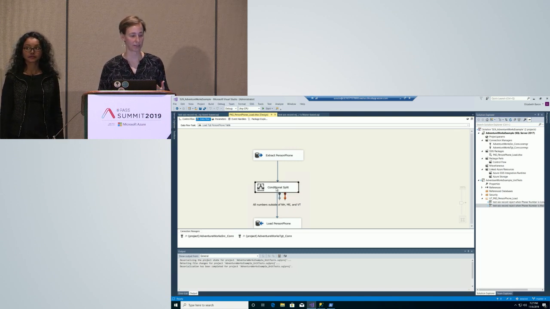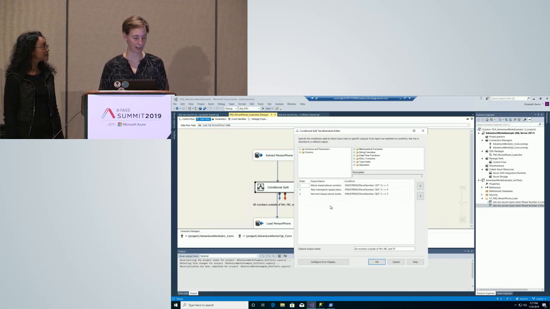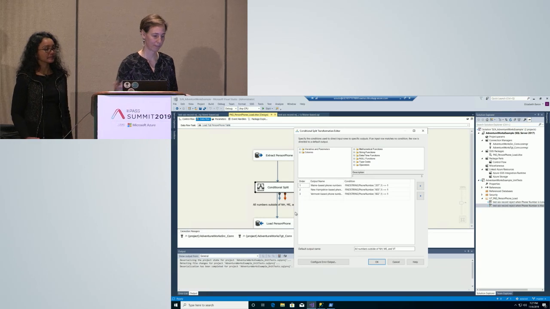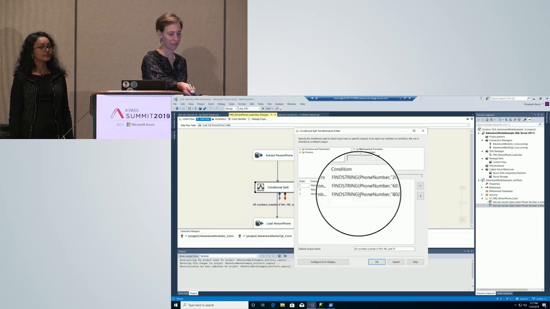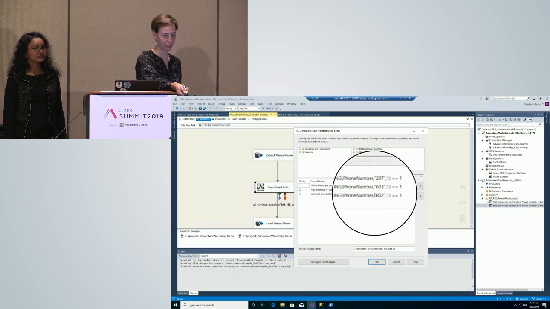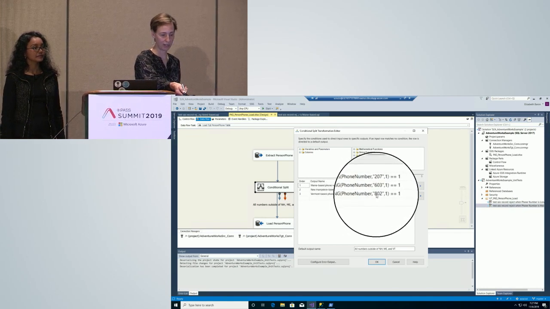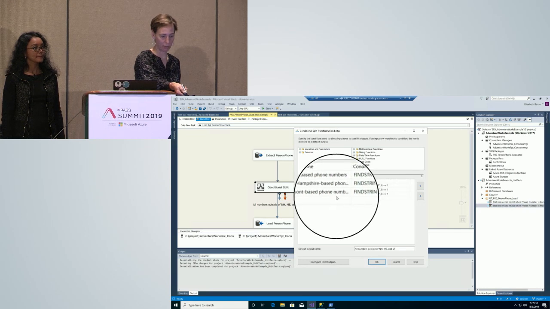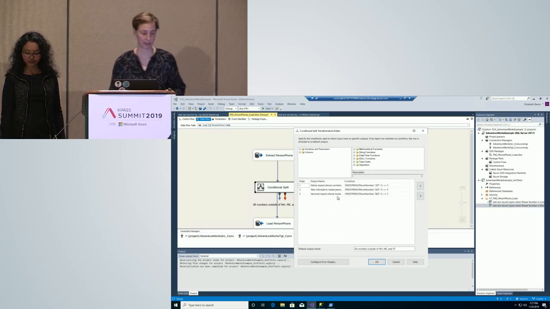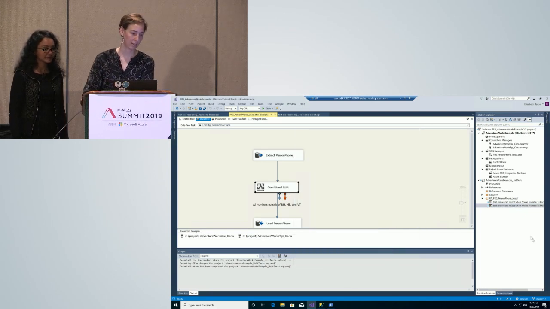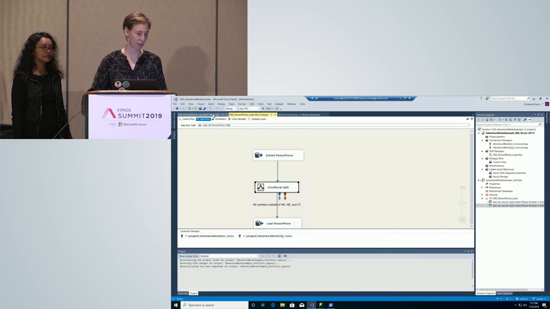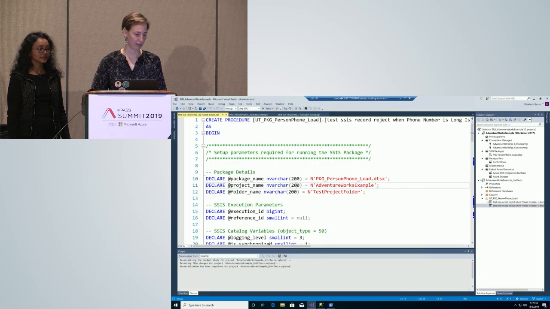So if we look at that conditional split, again, super simple. Can I make this bigger? No, but I can show you all with my handy-dandy magical pointer. So you'll see here, I do a find string on the phone number. I'm looking for these particular area codes. And when it's equal to 1, I move it in one way. Otherwise, I go the other way. That's basically all that happens. And so in this super simple model of what the world looks like for this particular request, let me show you the main one first, because they're going to be so similar.